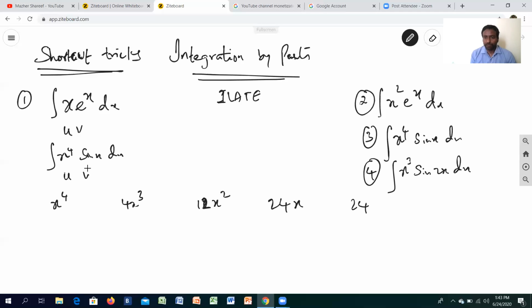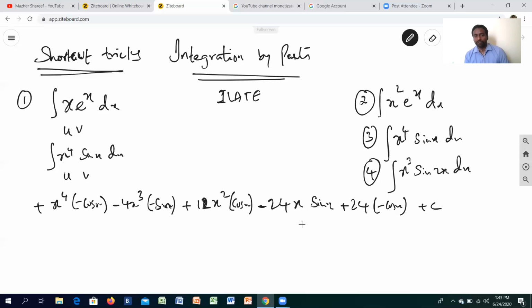Now take up the next function, sin x, and integrate it. Remember, the integral of sin is negative cos x; keep it intact. Then the integral of cos is sine, and with the sine you take the sign of the function. The integral of sine is negative, and negative makes it positive, so positive cos x. The integral of cos x is sine, and again the integral of sine is negative cos. And what do we have to do after that? Our signs: positive, negative, positive, negative, and positive. Isn't it great, students?